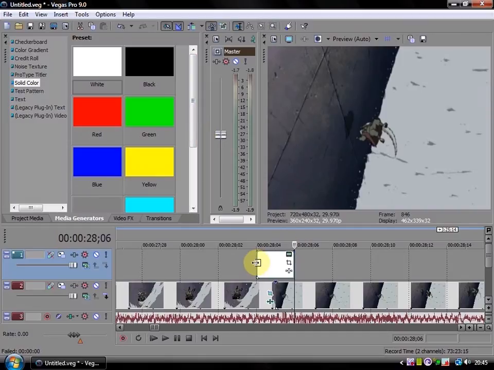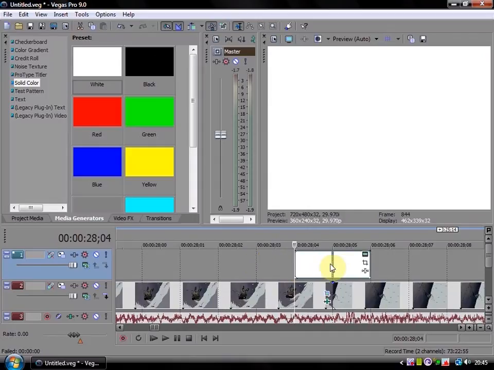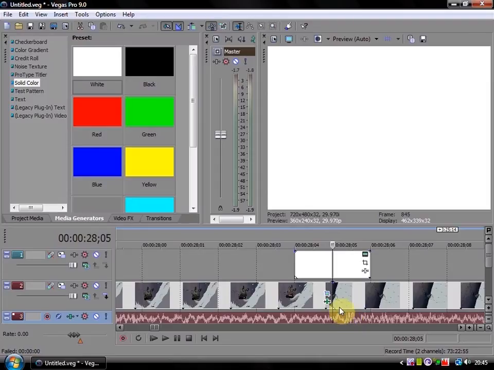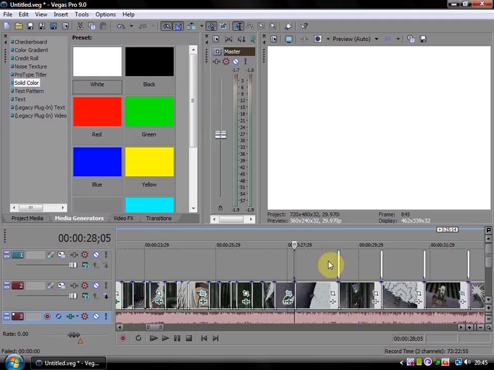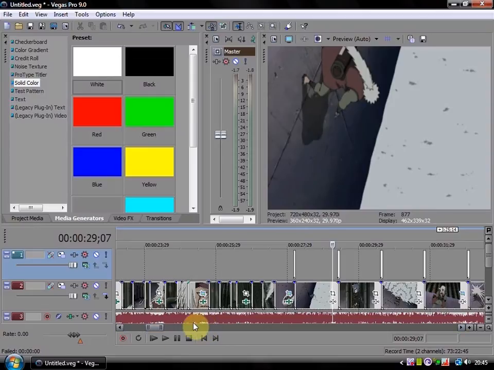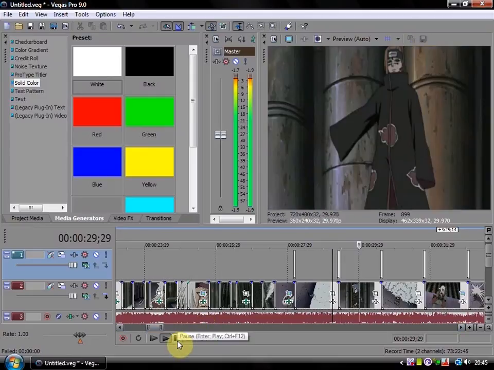Just make it 2 keyframes, 1 at each side of the beat change. Obviously sometimes you can't get the clip spot on the beat, so you have to get it as close as possible. Then when you add in the white solid colour from the media generator, it gives you a better effect of the scene changing, so even if the scene doesn't change dead on the beat, it looks as if it does. It's a good way to do it, and it's a bit better for your lighter beats, which in some songs you get building up to a heavy beat. So beats like that,